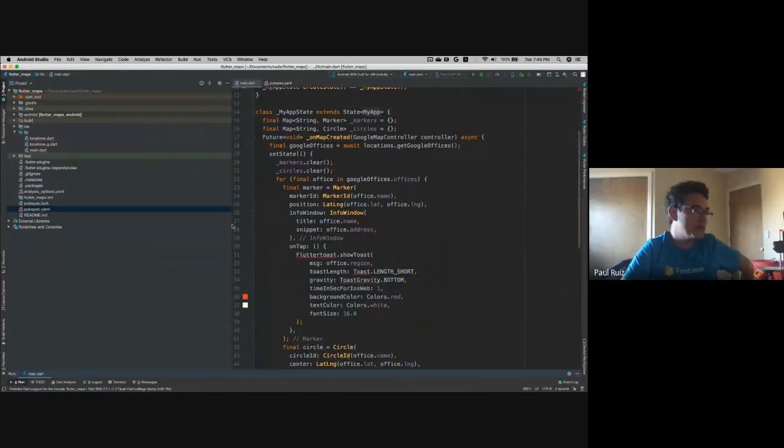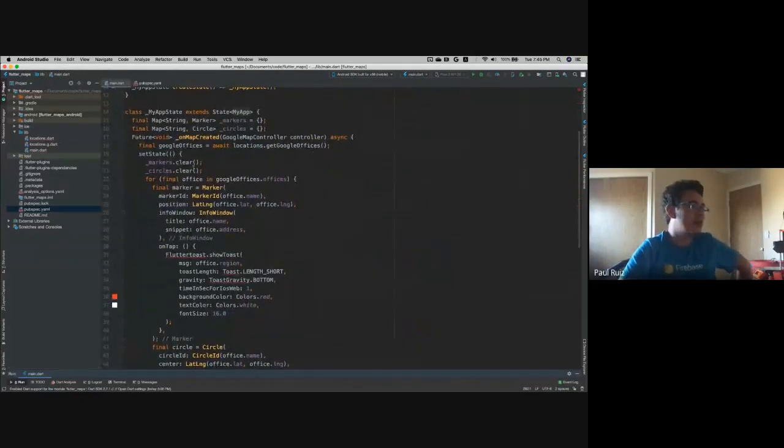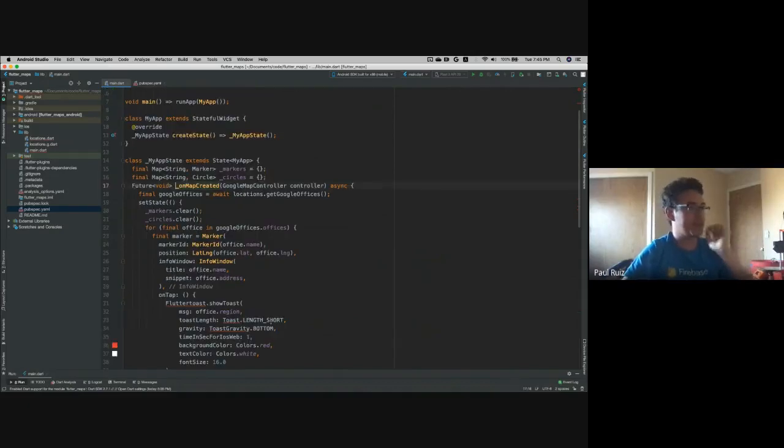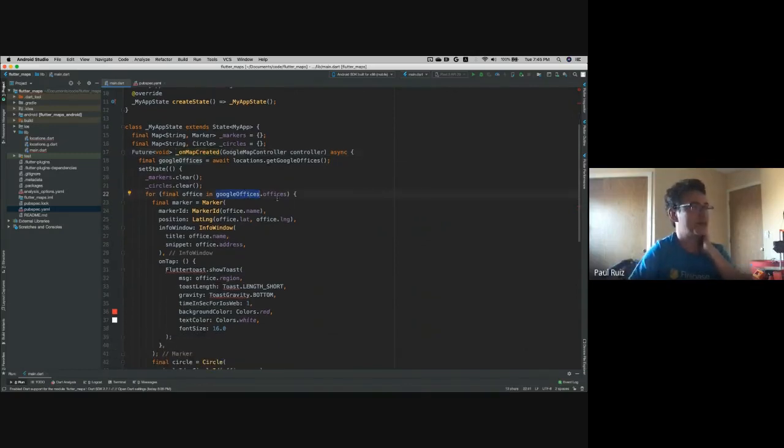Let me move some stuff aside so we can actually see it. Build is generally going to be your entry point for the application. All we're going to do is say the body of this is going to be a Google map. We have this on maps created callback, which sets all the initial properties, and the initial camera position, which tells it to start at 0, 0 in the middle of the ocean. Then it adds all the markers and circles being created in this on maps created. So what we have here is just a map of markers and circles, and we're going to initialize those with a general data set that we've already created in